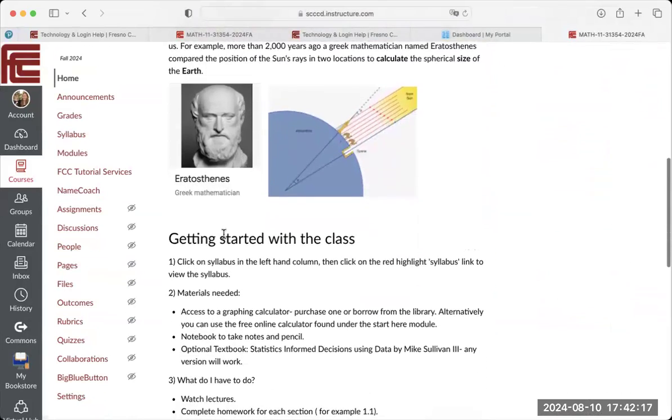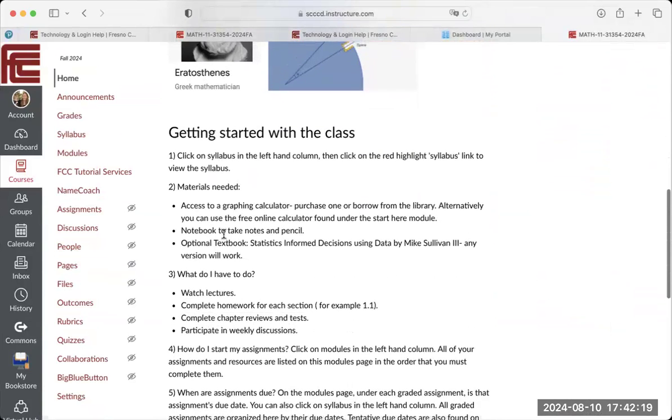You might be wondering what things you need for this class. You need access to a graphing calculator. I provide a free online calculator in that Start Here module. So you don't, but if you don't like to toggle back and forth between website pages, and you would just like to